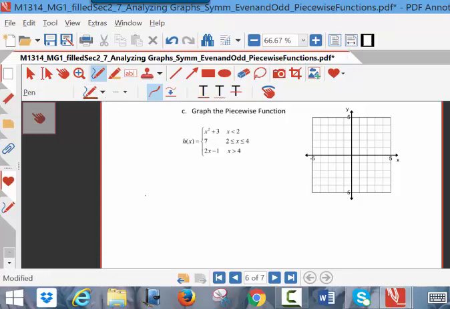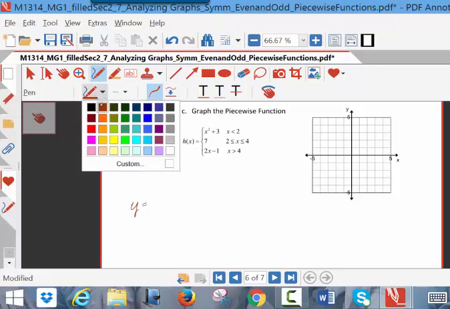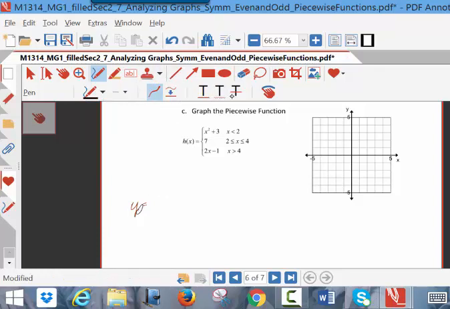So one of your parts is y equals x squared plus 3. And we know what that is. That's a parabola up 3 units. Another part of your graph is y equaling 7. And a third part of your graph is y equaling 2x minus 1. So what we do is we graph the entire equation, the line, in pencil, and then we erase the part